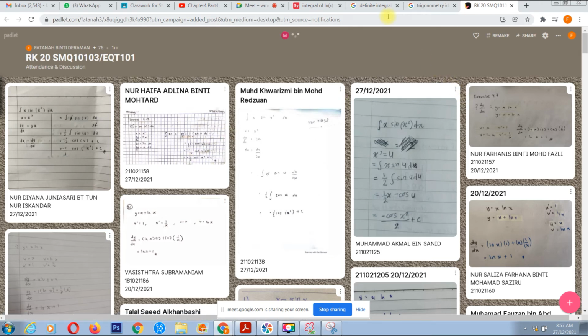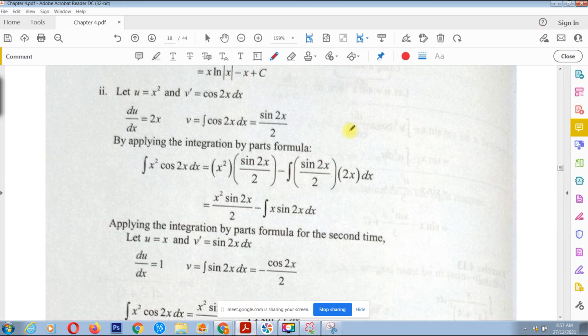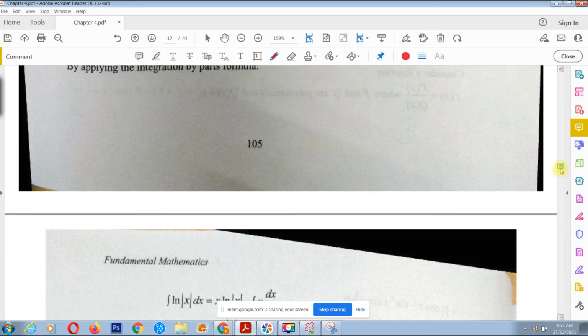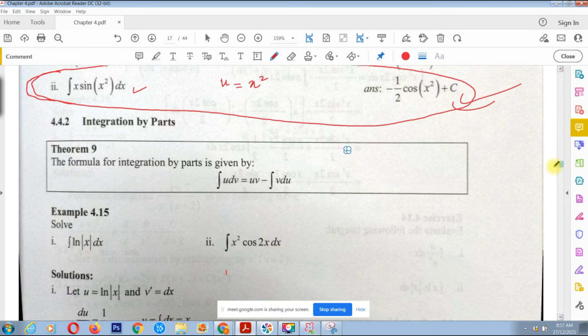Okay, nice. Next, we go to by part, sorry, by part first. By part is we use this formula: integrate u dv equals uv minus integrate v du. So when do we want to use by part? When the function we cannot integrate directly, and